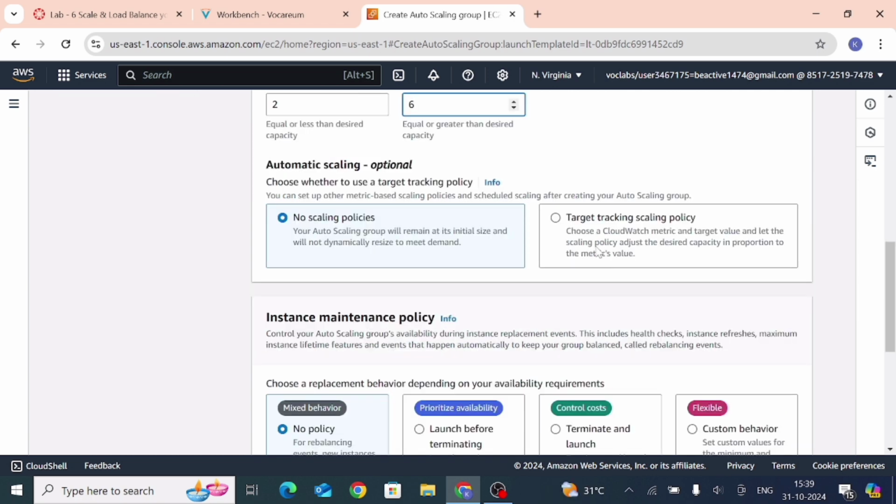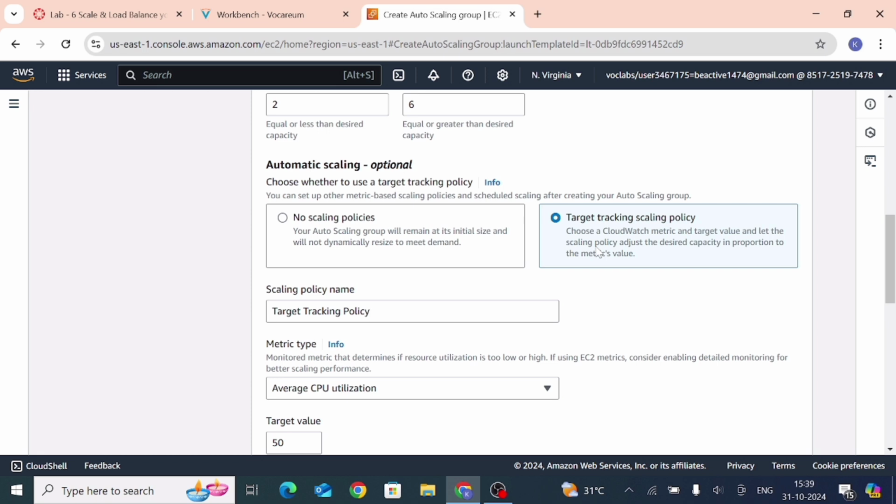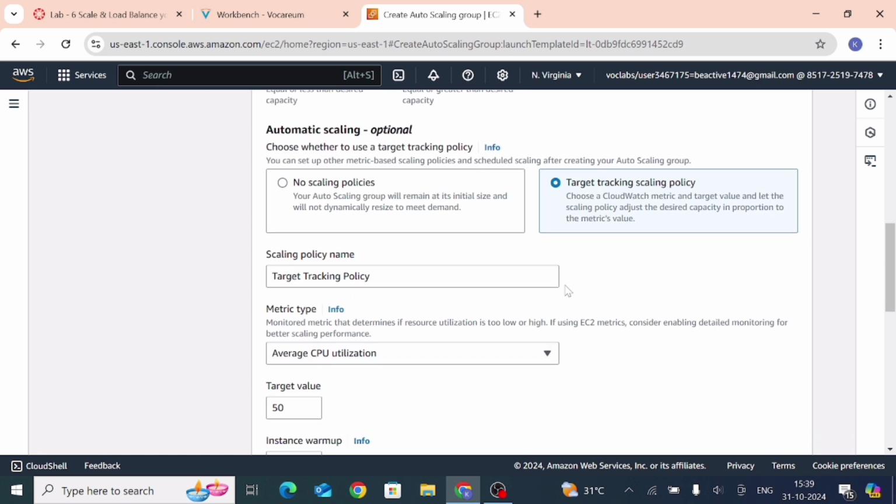Now choose this target tracking scaling policy. Now scaling policy name.